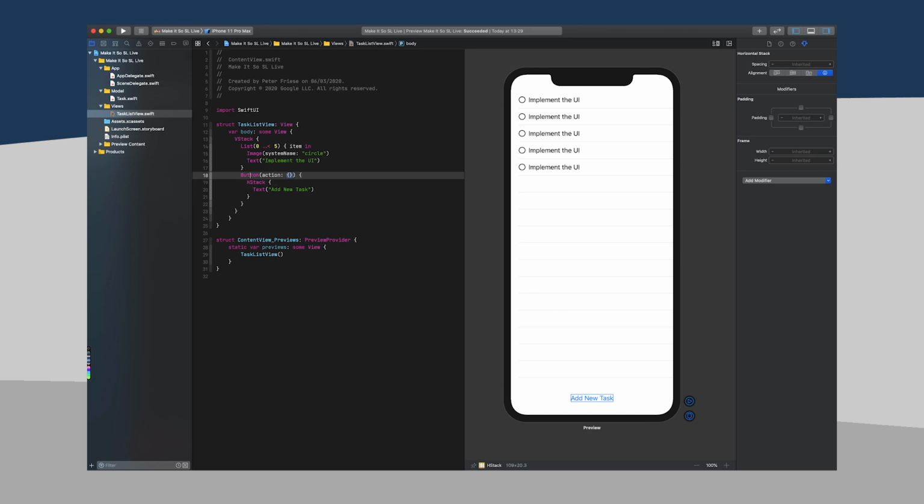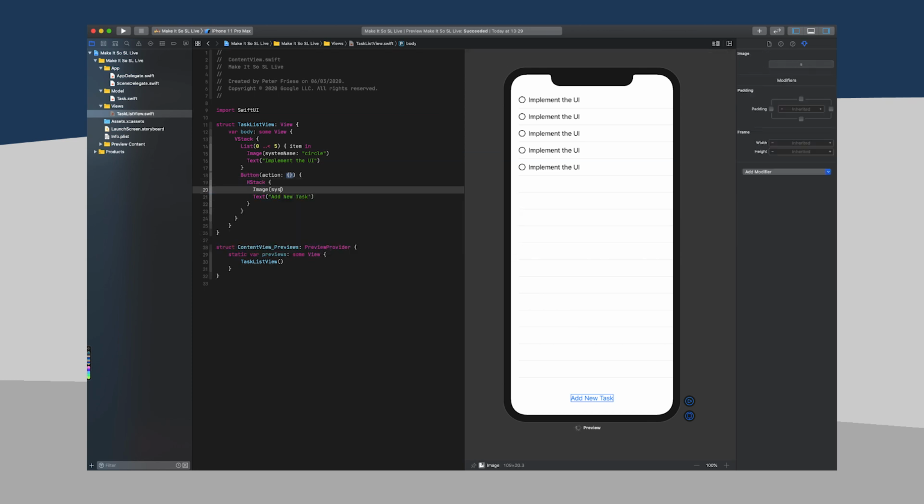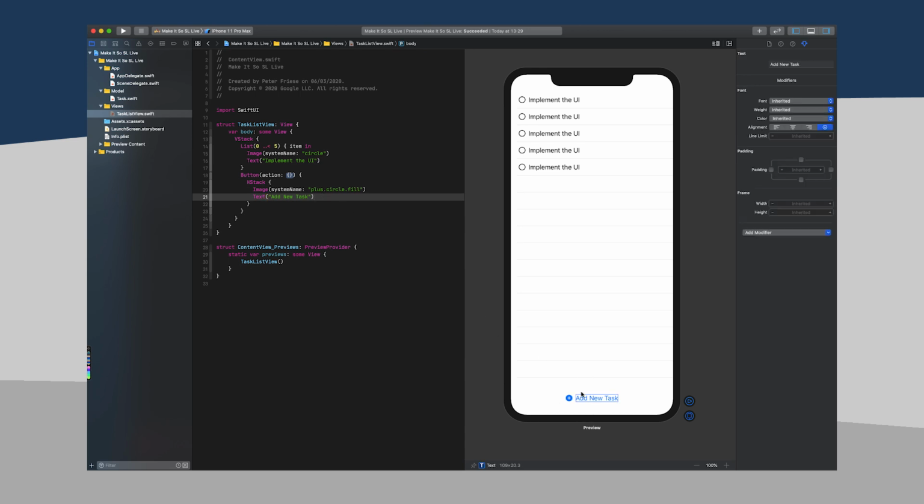And then insert an image here. Image system name equals plus dot circle dot fill. This will give us a plus icon on a filled circle. That's great. And then finally, let's change the alignment of the button to leading. So we can do that